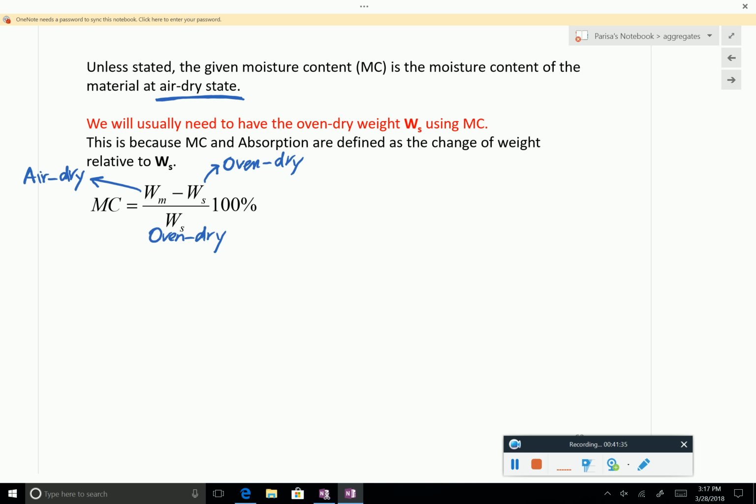Then for the second part, remember that Wm minus Ws is the amount of water. So this is the weight of water basically over